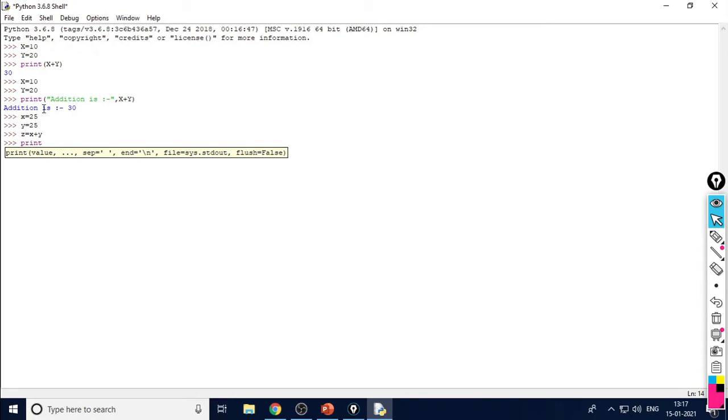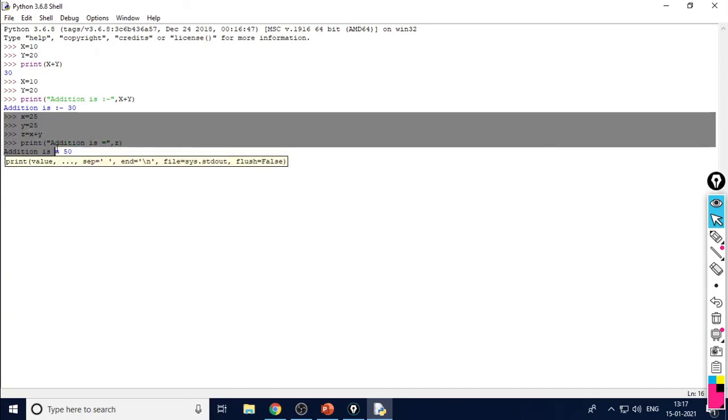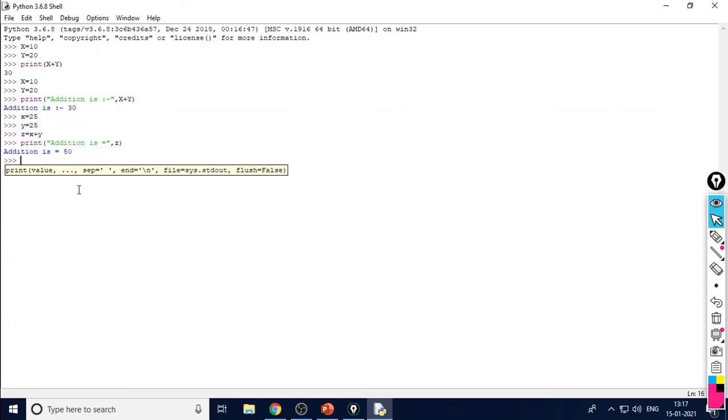So print, the text "Addition is =", complete the quotation mark, and then the variable z. Press enter key, and you will get output 25 plus 25 is equal to 50. So these statements perform addition of two numbers, 25 and 25.